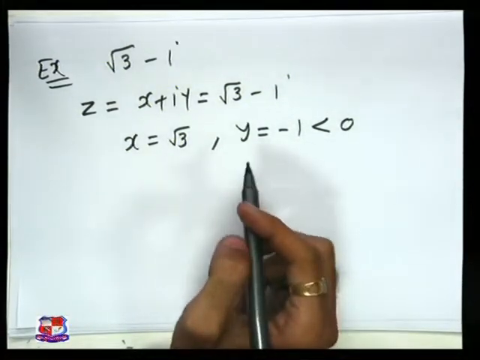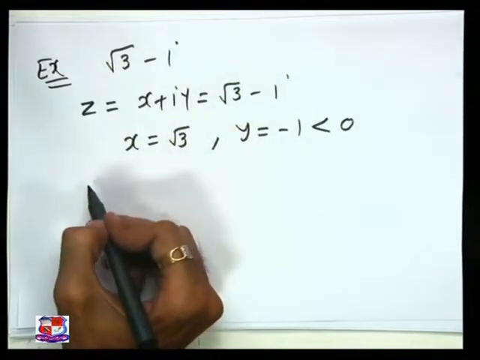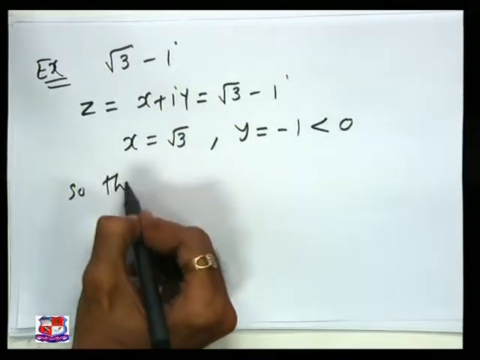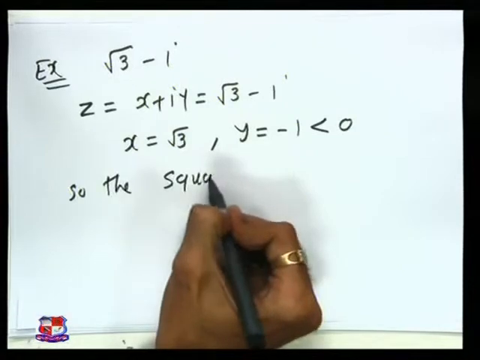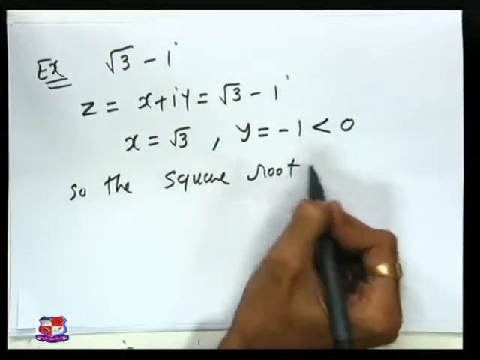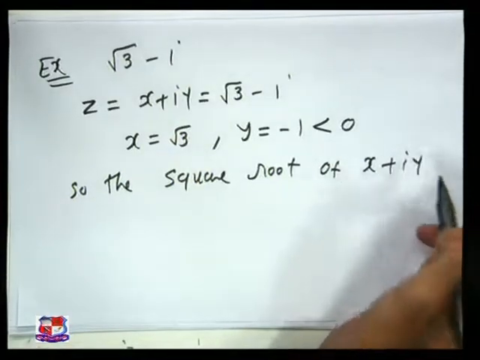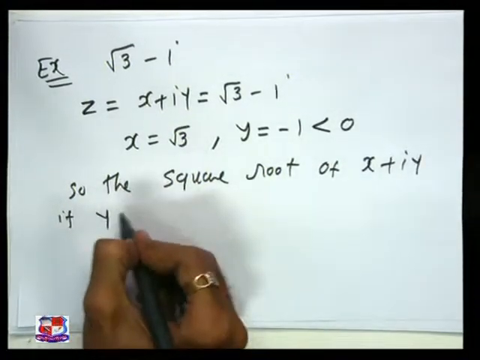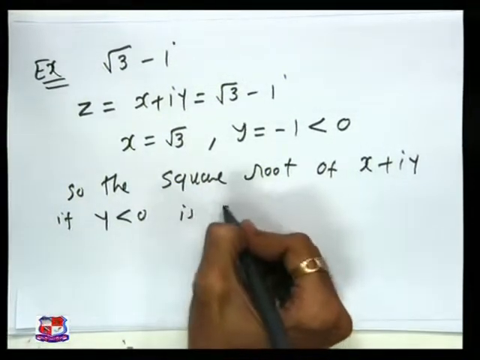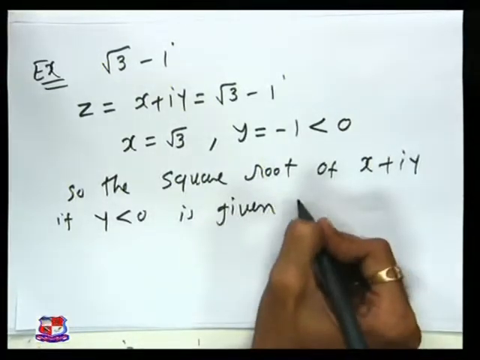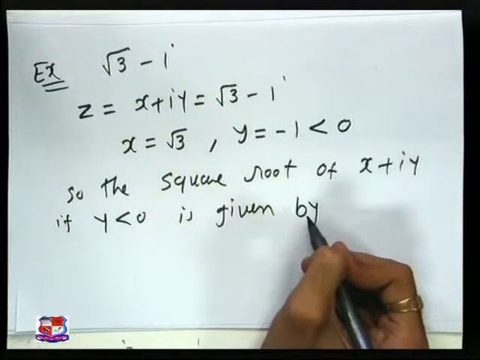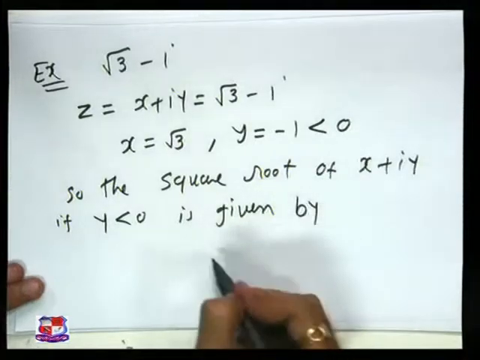Here, the square root of x plus iy, if y is negative, is given by, as I have written on the last page,